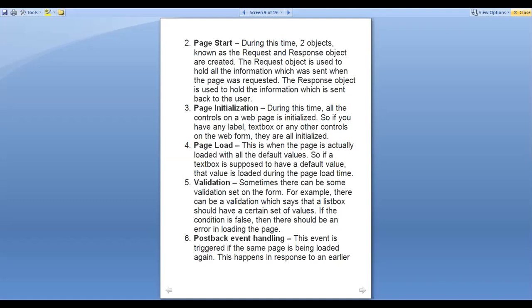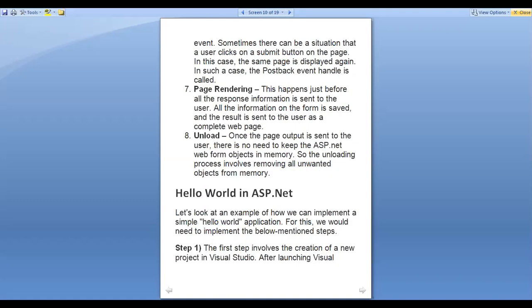So this event is triggered if the same page is being loaded again. It means at the time of sending that data, the page is completely refreshed. And this happens in response to an earlier event, that is nothing but the button click event. Sometimes there can be a situation where the user clicks on the submit button on a page, and in this case the same page is displayed again.